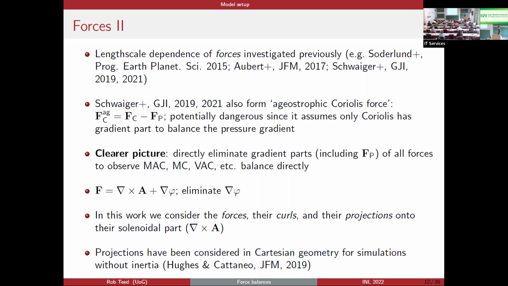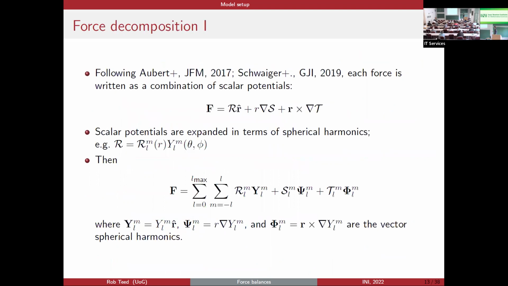It's important to point out, obviously, this isn't a new idea. People have looked at projections before. In particular, David Hughes and Fausto Cattaneo have looked at projecting the force onto the solenoidal part in Cartesian geometry for simulations without inertia. But we're looking at it here in spherical simulations and trying to compare directly with Julien Aubert and Tobias Schweiger's work. I don't want to go into too much detail here. There's enough maths probably for the audience, but